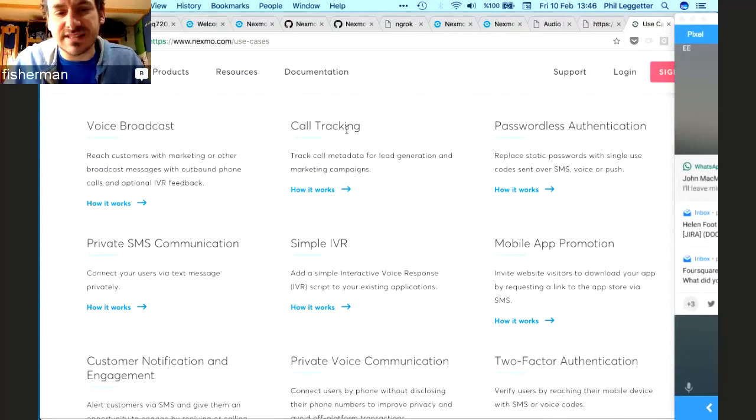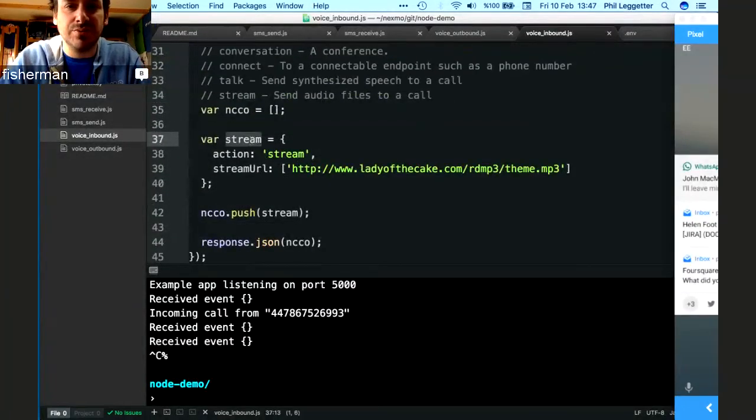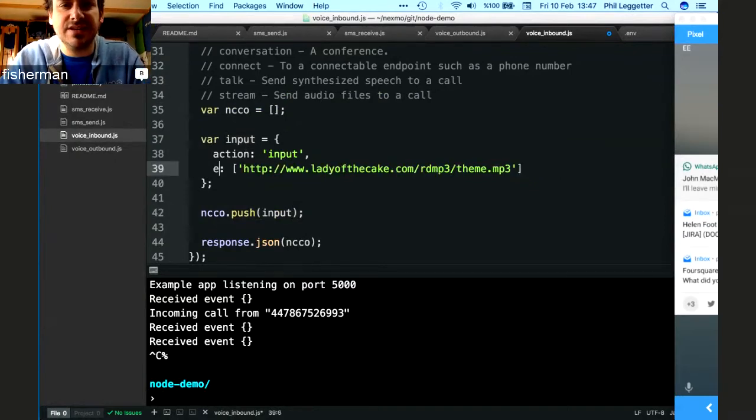One of the things we didn't cover is that when you phone up, you're often prompted by something to say, press 1 to do something, press 2 to do something. So we do provide the ability to ask for input from somebody that's phoned in and then provide additional instructions following that. It's a bit like the answer. If I have a quick look at my code, I could change this to an action of input, and I can have an event URL,